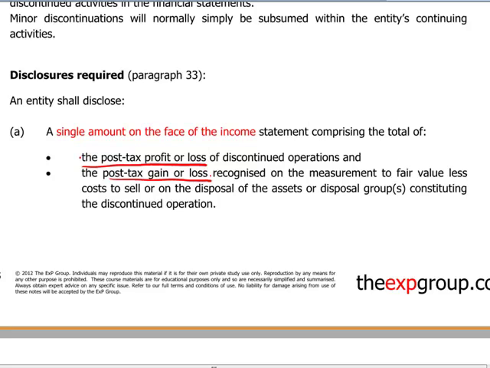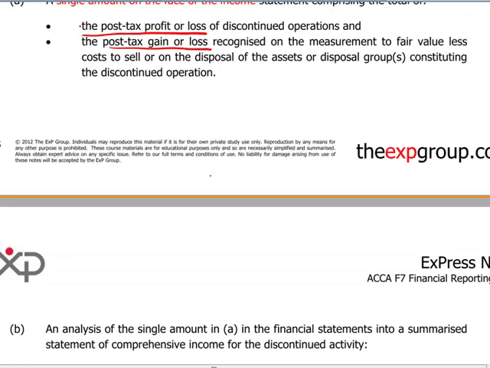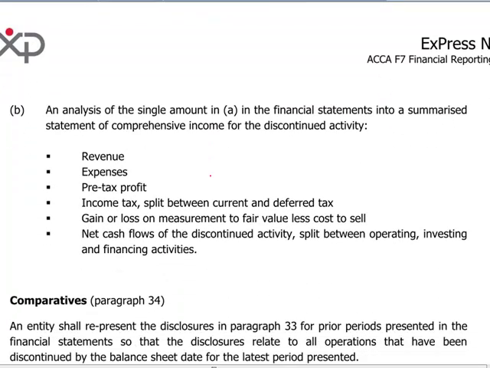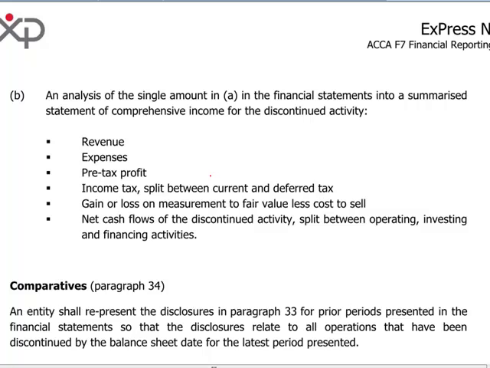operation. So if you go back and look at our video where we talk about IAS 1 and how financial statements look like, we see one line which takes the net effect of how much was the profits along with the gains derived in the accounting period from the operation that is going to be discontinued within the next accounting period. And if you take this approach, we have to disclose in the notes a summarized statement of comprehensive income for the discontinued operation.